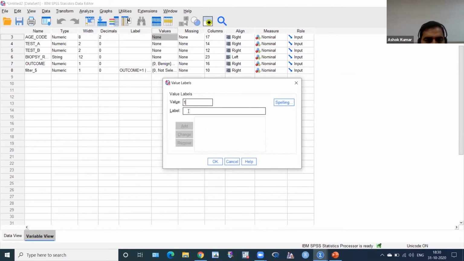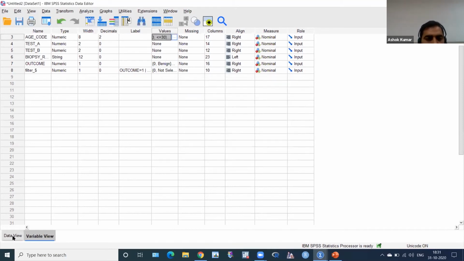Then this is value. Click here. Coding 1, I have given equal to or less than 30. Click add. Then 2, 31 to 60. Then click add. And then 3, greater than or equal to 61. Then okay.